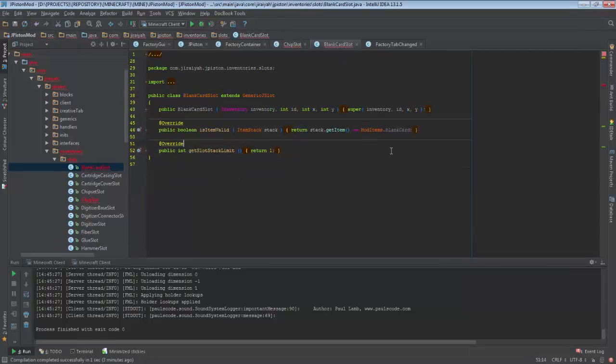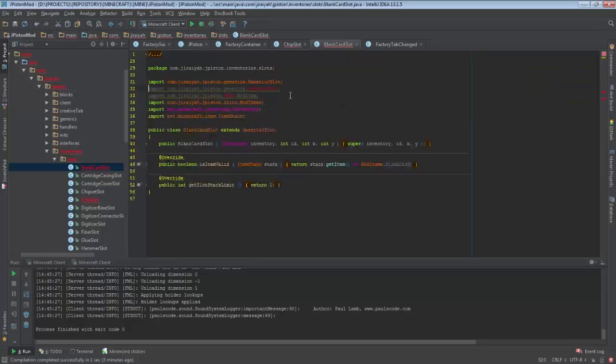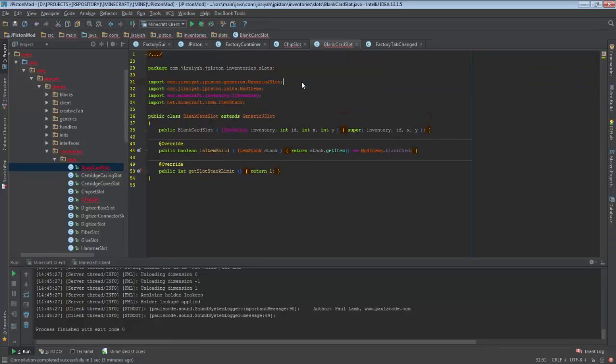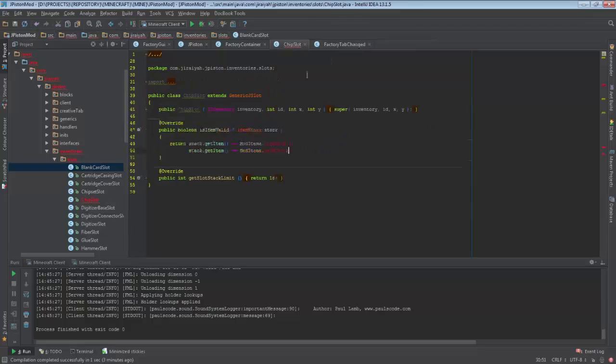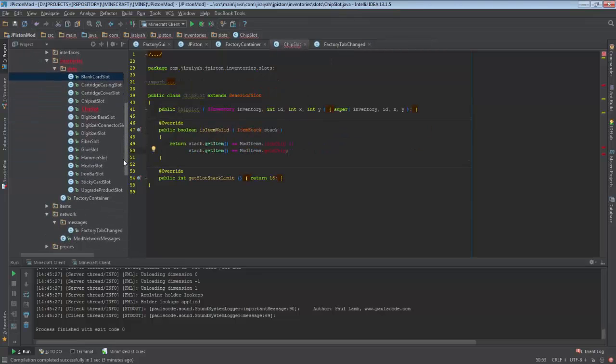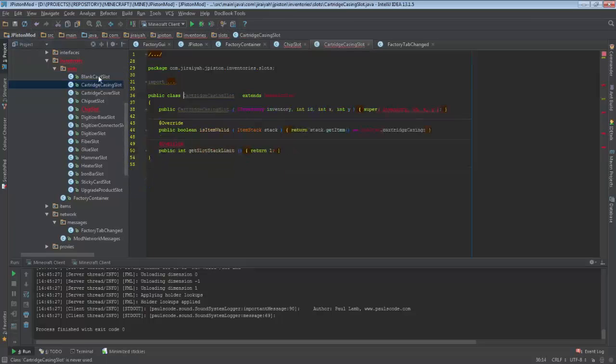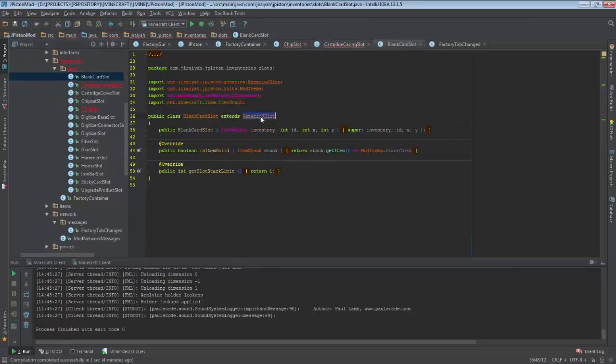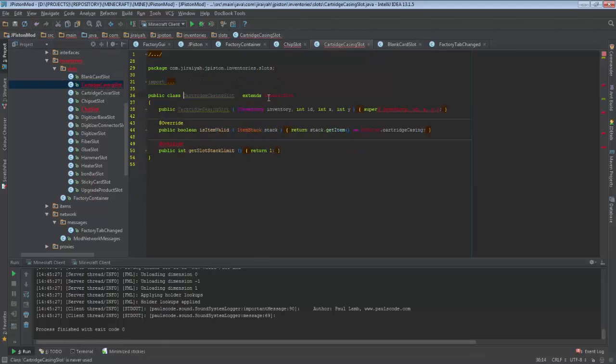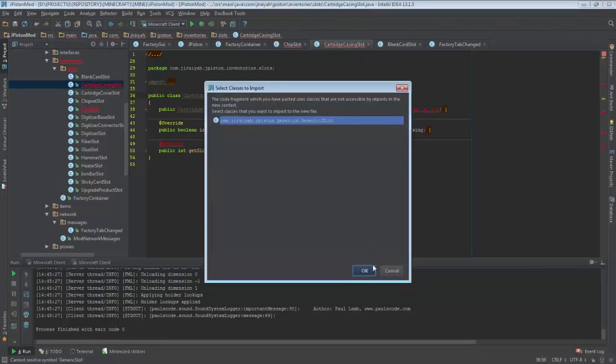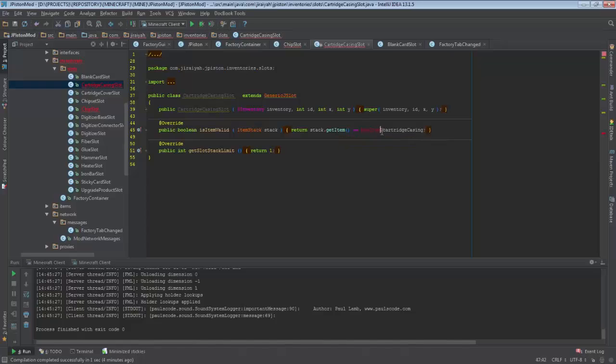What is your error now? Something in imports. Of course, we don't have these guys. And blank card is okay. Let's add the chipset item. And no, let's first of all solve all our problems with our slots. So it's a repetitive job, and that's why I'm